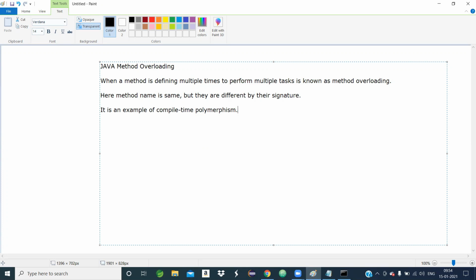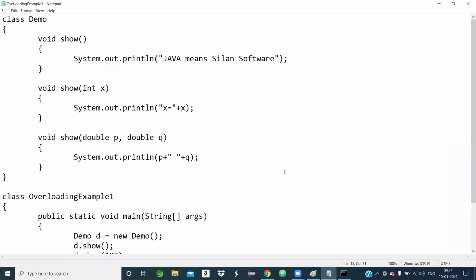So I hope you got the clarity. Give a response, Sachin, Anurag. Yes, sir. Okay, so method overloading: a method we can define more than one time to perform multiple tasks. That is called method overloading.